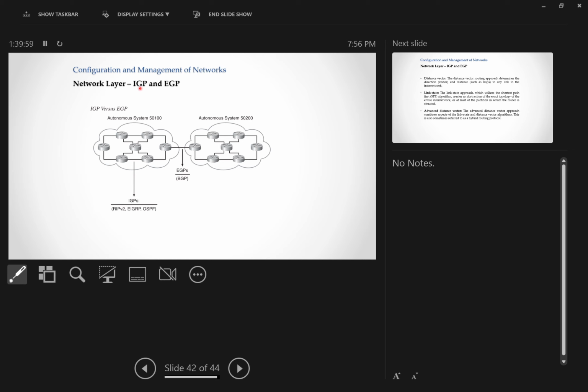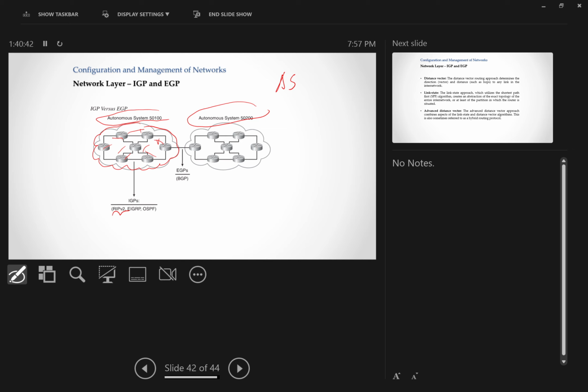It exists inside something that we call an autonomous system, an AS. An autonomous system is a set of routers that is managed by the same entity. So we have here an autonomous system and another autonomous system. Inside of the autonomous system, it's what's inside of the cloud. So these routers will talk to each other and say what networks they have using an interior gateway protocol. Examples of interior gateway protocols: